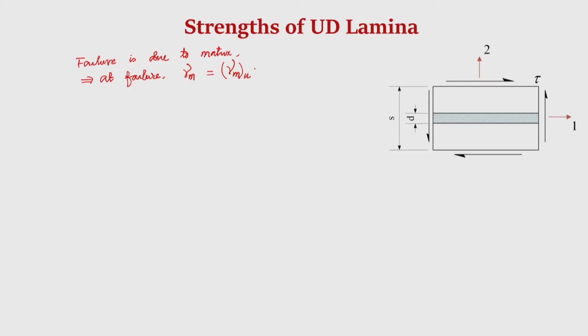Therefore, which implies gamma 12 is gamma 12 ultimate of the composite. Therefore, 5 implies,